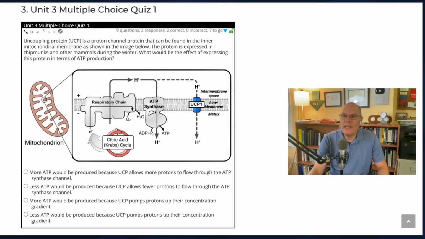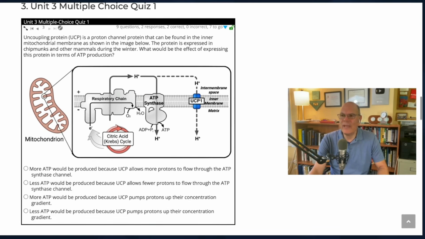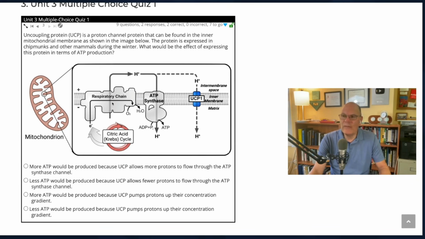Here's a question about the uncoupling channel. The uncoupling protein, UCP, is a protein channel that can be found in the inner mitochondrial membrane, as shown in the image below. The protein is expressed in chipmunks and other mammals during the winter. What would be the effect of expressing this protein in terms of ATP production? We have a diagram of the uncoupling channel, and it shows protons diffusing through the uncoupling channel instead of diffusing